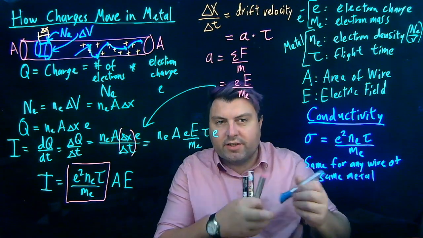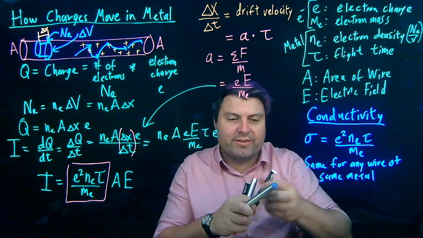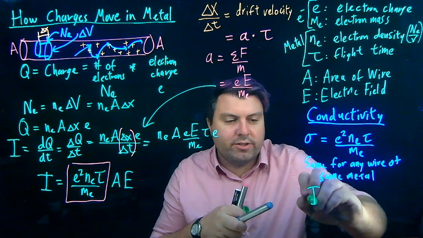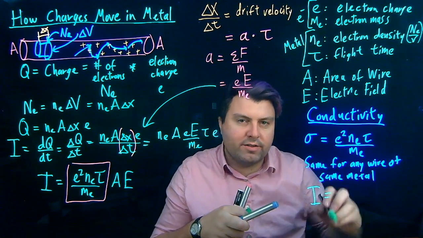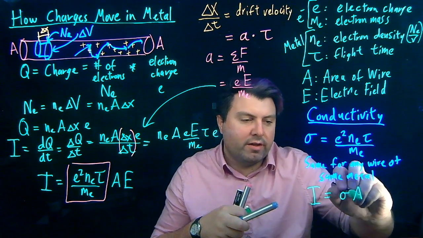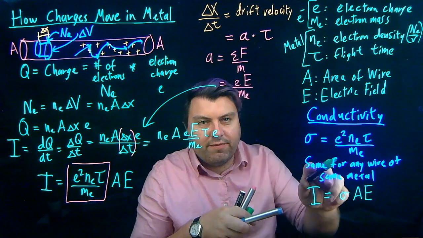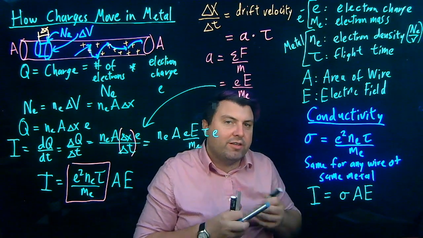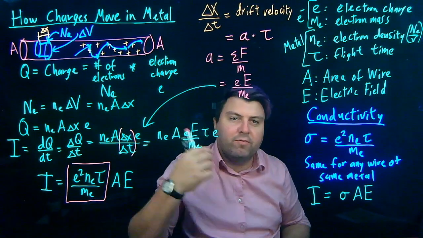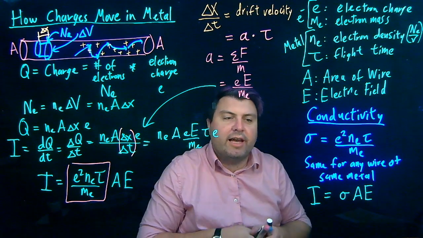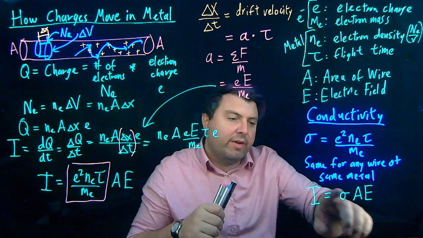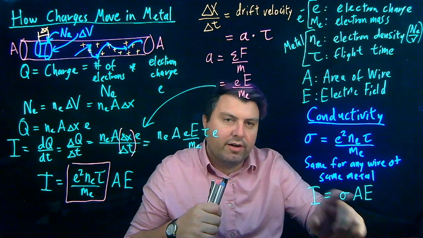And this gives us a much, much nicer, as we might expect, relationship here: our current is equal to sigma A E. So now we have a nice definition of conductivity. We can look up conductivity in a table for aluminum, for copper, for steel, for anything like that, and just look it off. And then we have the area of our wire and the electric field of our